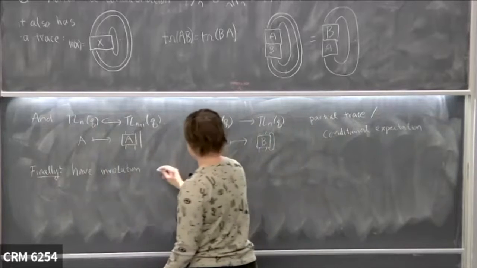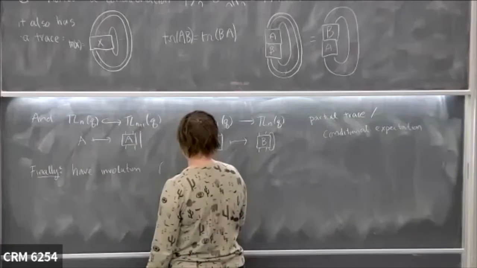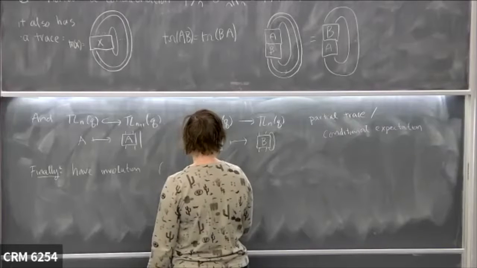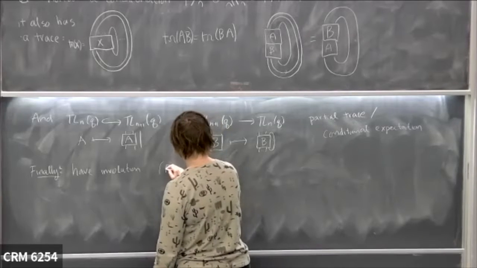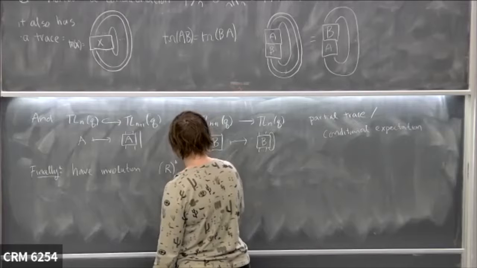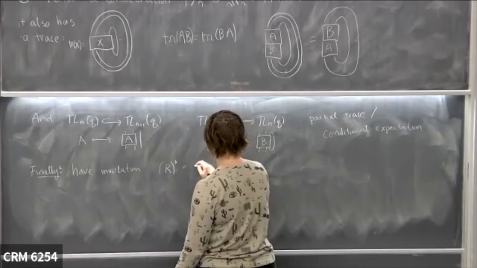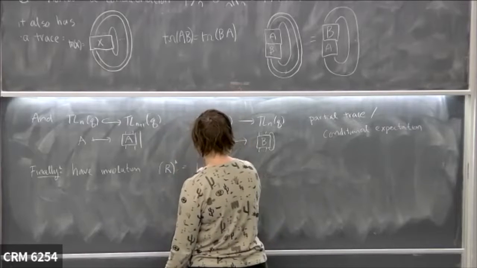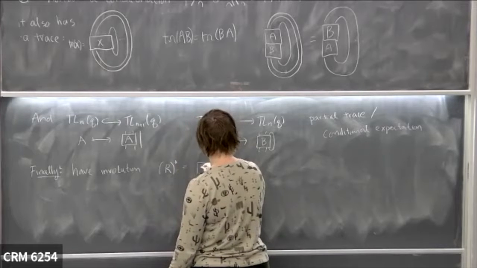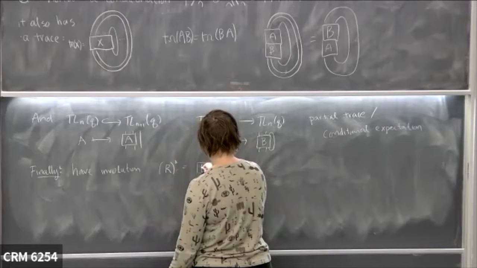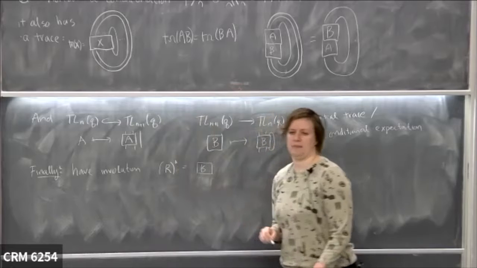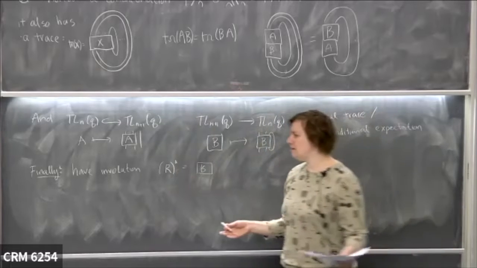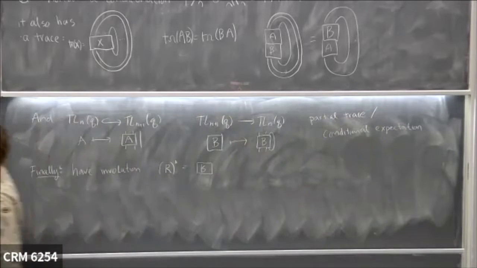Let's pick a letter with sufficient symmetry, say R. The involution of a box R is just the reflection of that box. And it's good to have this in the algebra because we do have this essential symmetry in these diagrams that the choice of which points go on the top and which points go on the bottom are